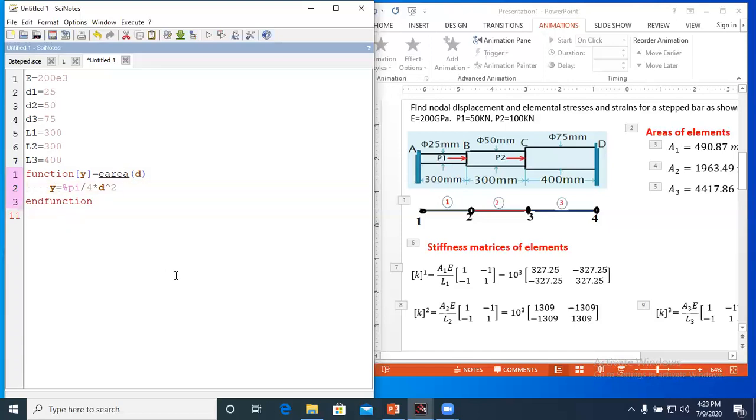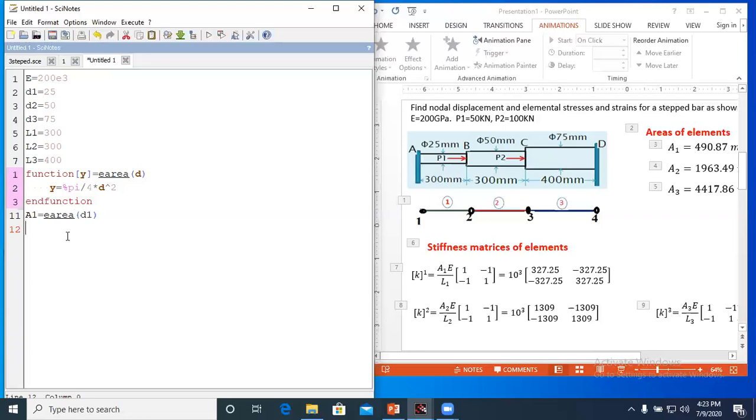Okay, now here I will write the function call. Suppose area for the first element is a1 equal to, write the name of the function e area, and in argument you transfer the d1. Now this is the area calculation for the first element.